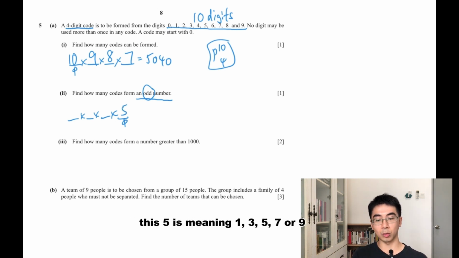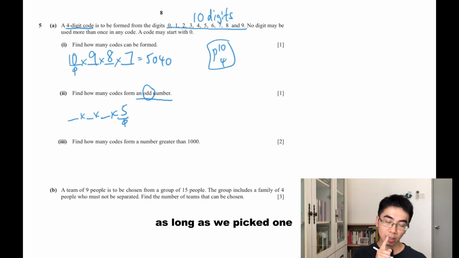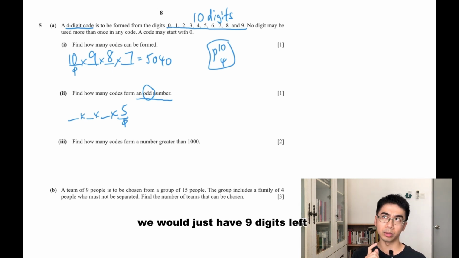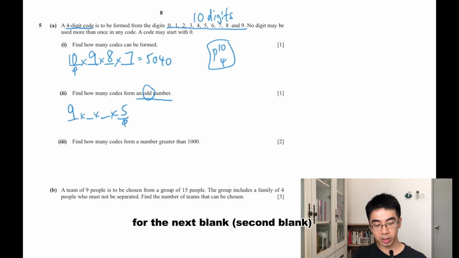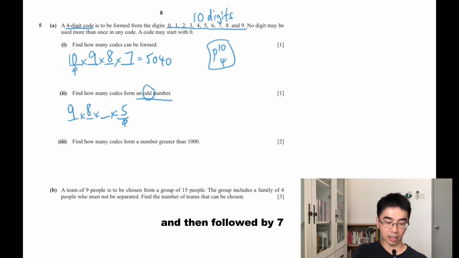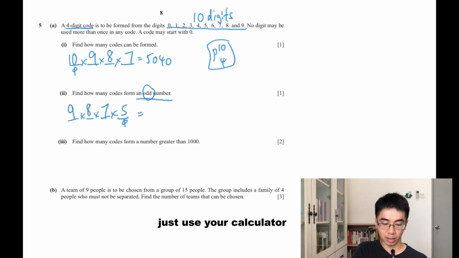This 5 means 1, 3, 5, 7, or 9, either of them, just pick one. But as long as we pick one, we will just have 9 digits left. So we come back to the first one, it must be 9. And then for the next one, we have used one more, so we are left with 8, followed by 7. Alright, so just use your calculator